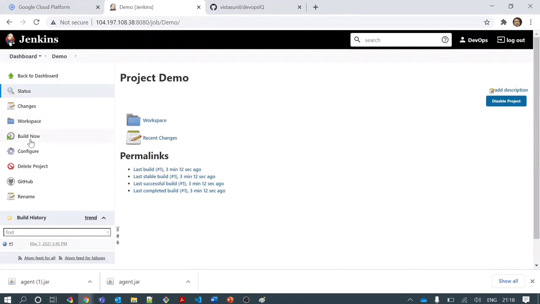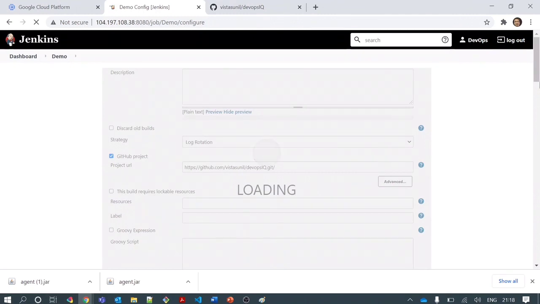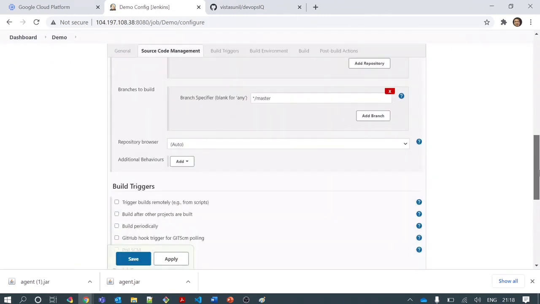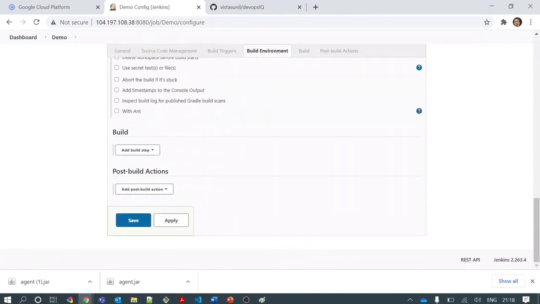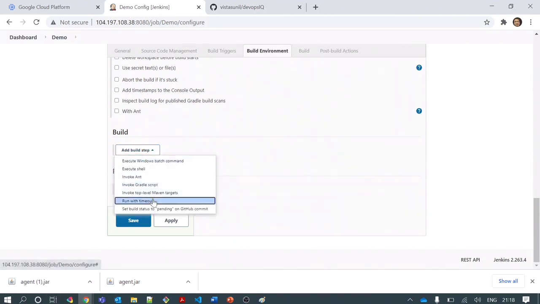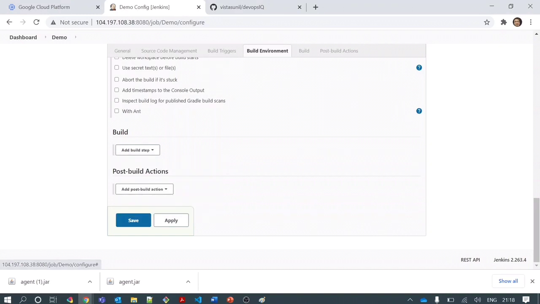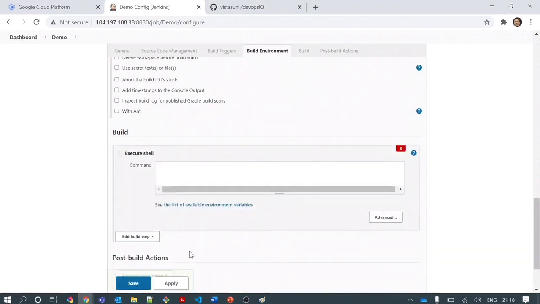Let's go inside the job. If you want to change it, you can click on configure, and in configure you can go to the build section. Here, click on add build step. Here you will see you can invoke many kinds of scripts. I have a Linux machine, so I want to execute shell commands here. So I will select shell, and it will open a shell command prompt in front of me, where I can place my Linux commands to build the Docker image.